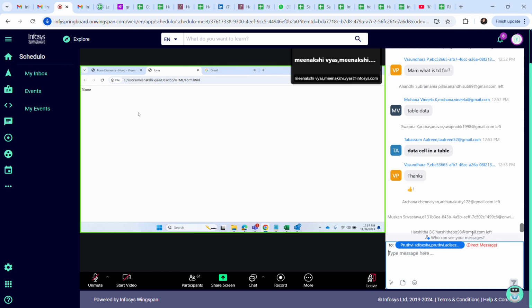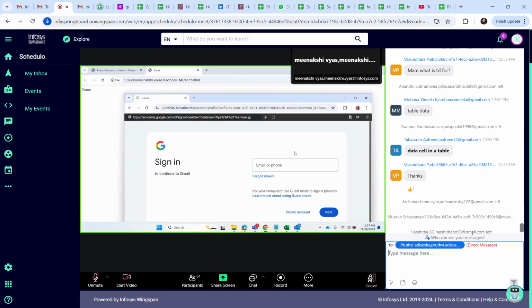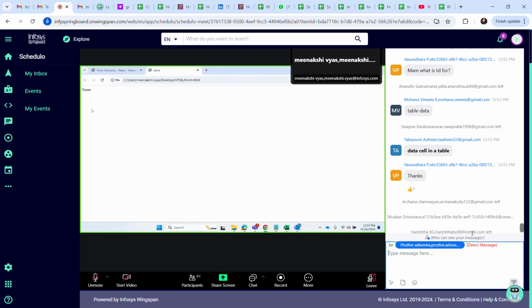That is fine. Right now, I want to create a text box like this, where I can enter my name. Okay, so I will now write input type equal to text, because I want to write text into that.